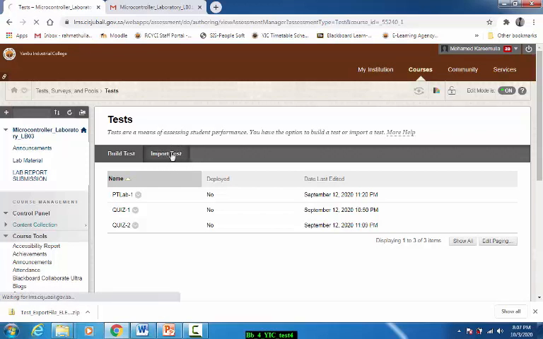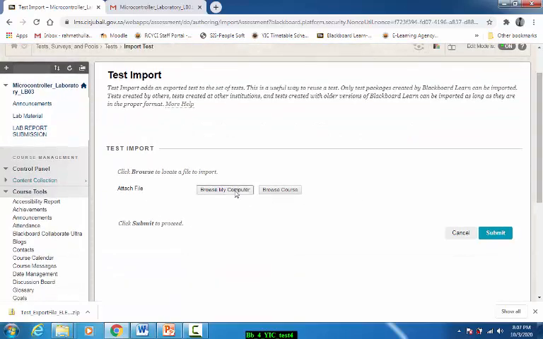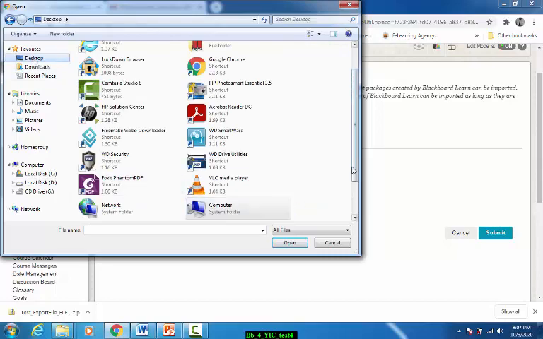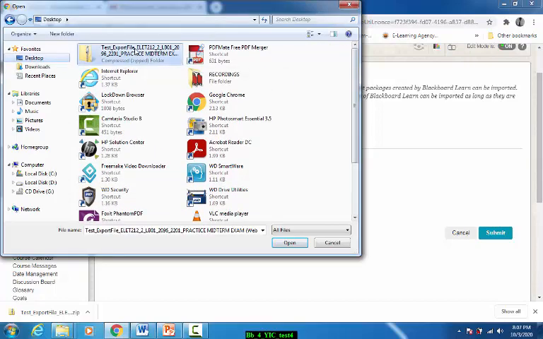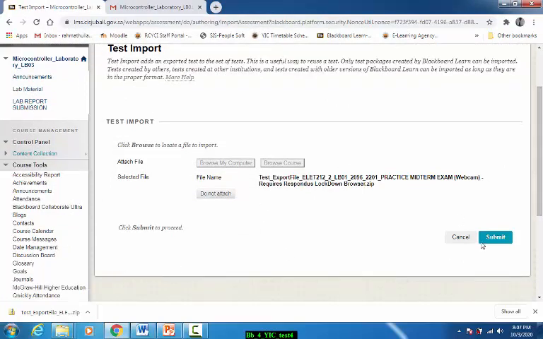Now I will say import test. It will ask you to open the file, browse my computer. I'll go to my desktop, my file is here, and I will just say open. My file is attached here. I will say submit.